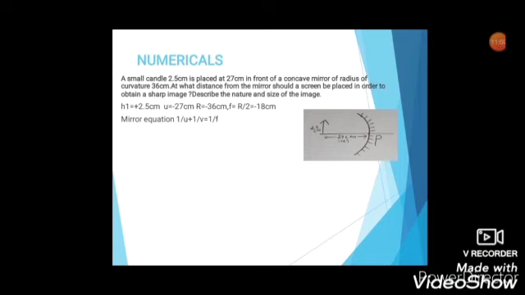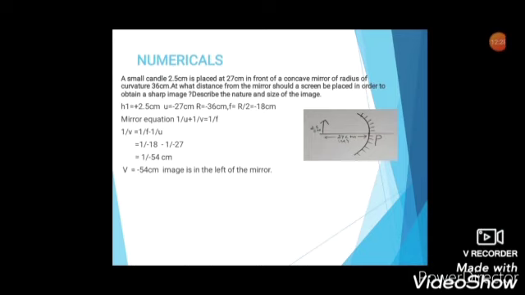Now I am applying the mirror formula. Let me apply the values. Here again I need to find the position of the image. So 1 by v will be, towards your left, 1 by f minus 1 by u. So it's 1 by minus 18 minus 1 by minus 27, which is equal to 1 by minus 54 centimeter. So v is minus 54 centimeter.